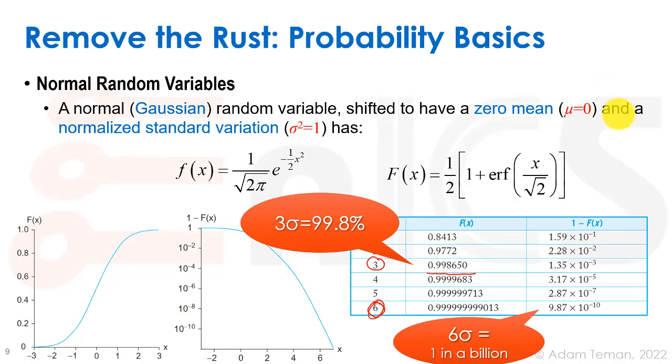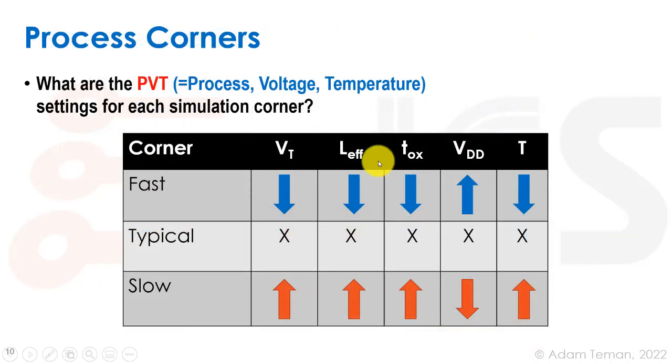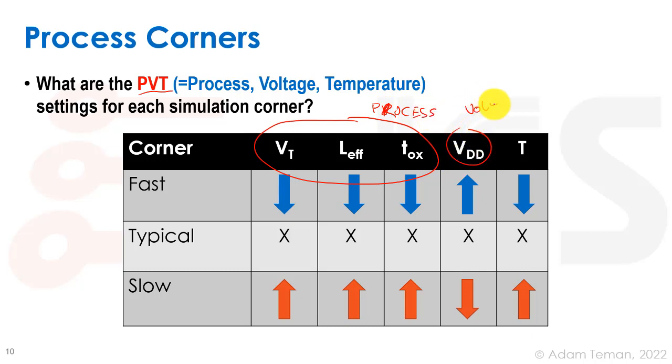So let me go back into the slides about that. We had this table which shows us what our process corners are made up of. What we have is PVT: process, voltage and temperature. These three, plus other parameters, make up the process. These guys are going to be the process. This is the voltage. And this is